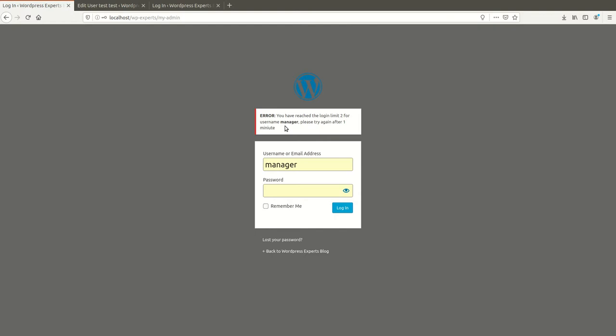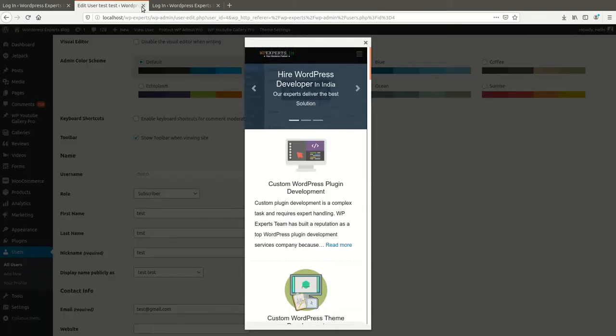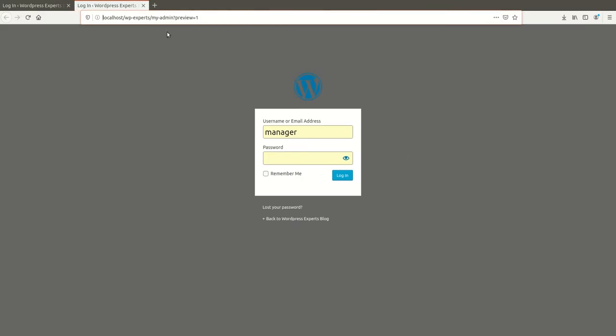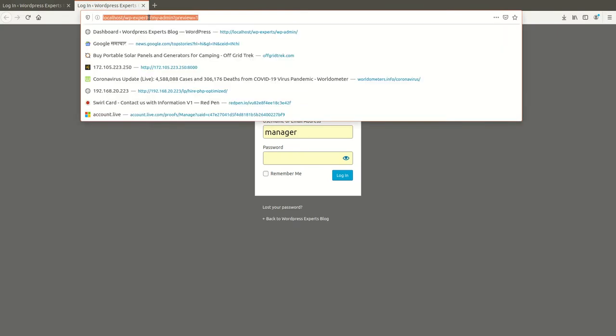After 1 minute I will be able to access the admin using my correct URL. And if I try again with a wrong username or password, then after 2 attempts it will automatically be blocked for 1 minute. So we need to wait at least 1 minute. Okay, till then let me